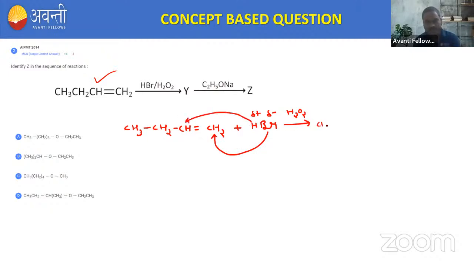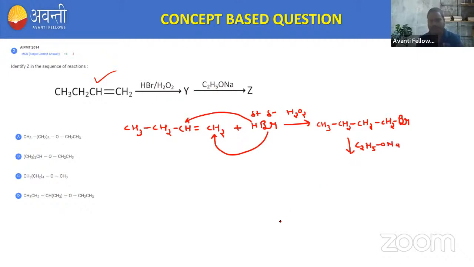So what did we get as the final product? That is CH3, this will become CH2, again we have CH2, and this is CH2Br, that is bromobutane. So we are left with the bromobutane. Then this bromobutane is treated with the